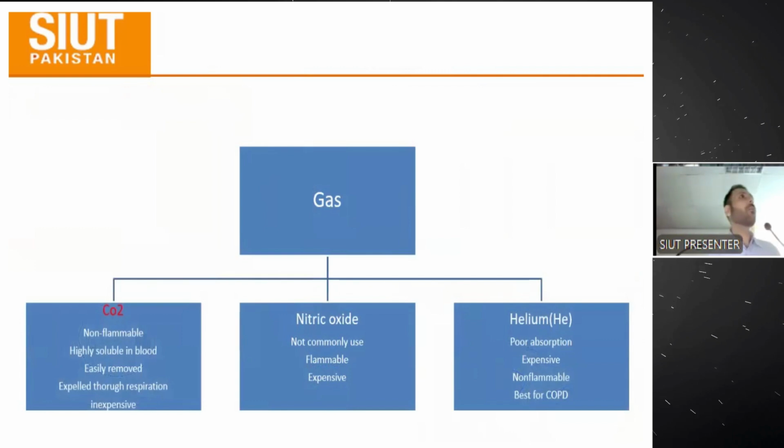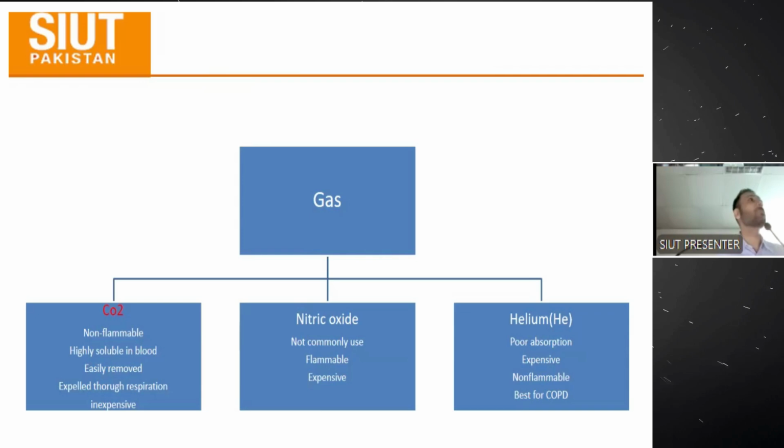So to carry out a surgical procedure, you need to have the appropriate gas. What type of gases do we use in laparoscopic surgery? The most commonly used gas in laparoscopic surgery is carbon dioxide. And why, you may ask? Because carbon dioxide is non-flammable, it is highly soluble in blood, it's easily removed from the system, expelled through respiration,